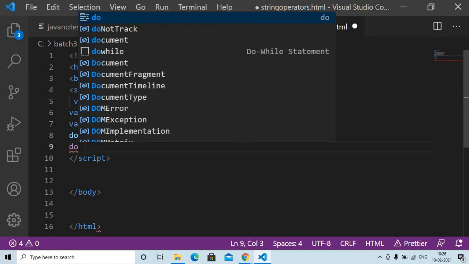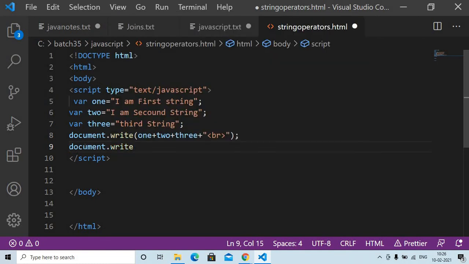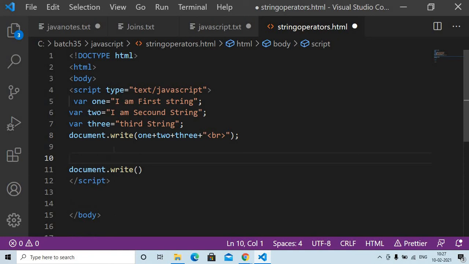Document.write, okay, document.write. Now you need to add the 3 elements, whatever the 3 elements are, you want to assign to one variable.